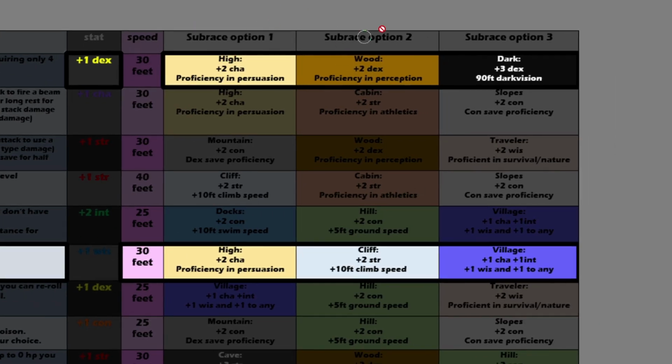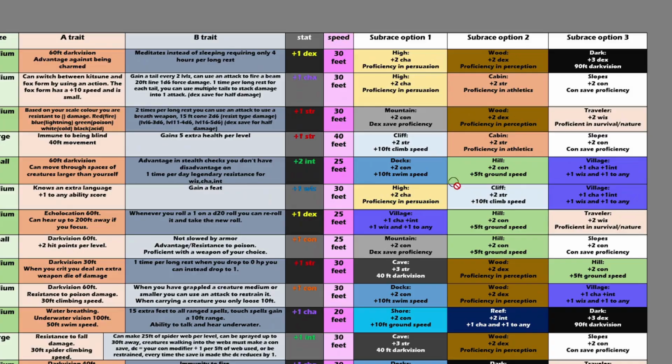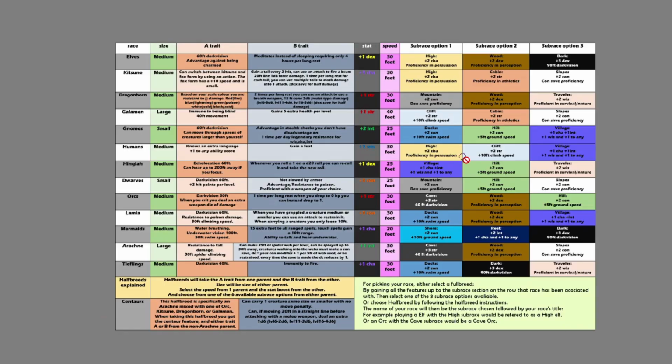And then from these 6 subrace options, so high half-elf, wood half-elf, cliff half-elf, dark half-elf, or village half-elf, we get to pick one of those options. Even though there's 6 available to us, we still only get to pick one. So that's an example of how half-breeds work using this race chart, but for our character, I'm going to instead